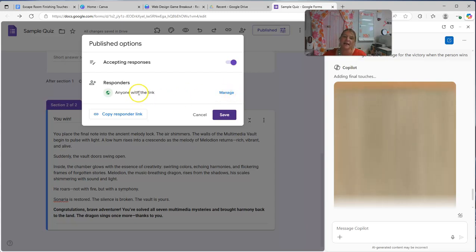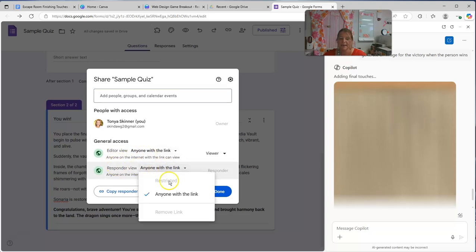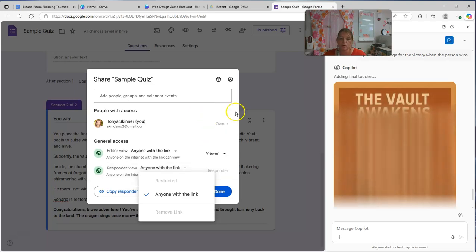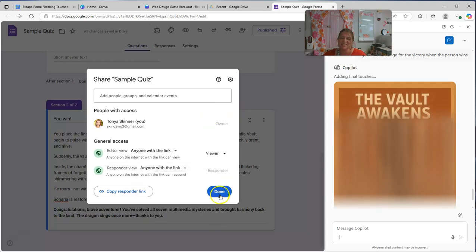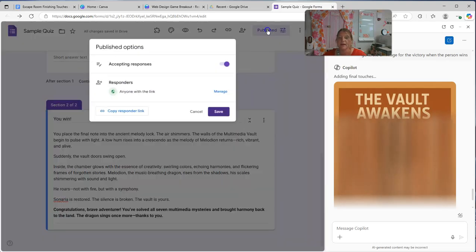Now, if you hit Manage and you say Responder View, you could say it's restricted to your school, anybody in your school. I just don't see a reason, to be honest. So I just say anyone with the link, and then you hit Save, and then you go back into there,